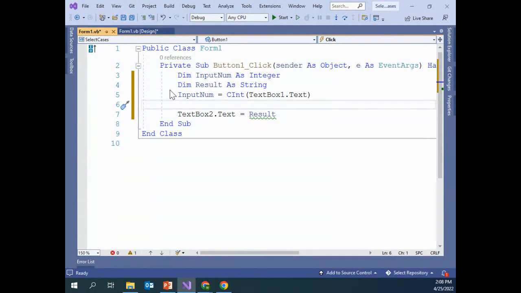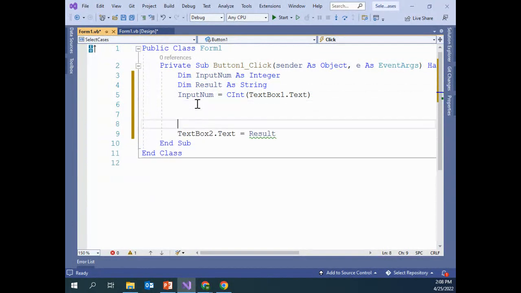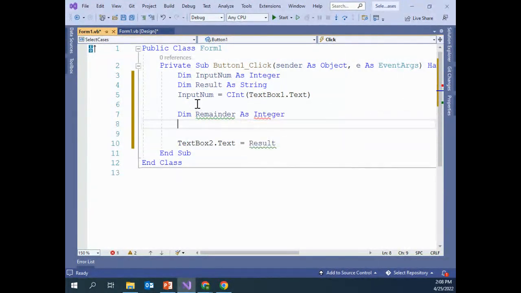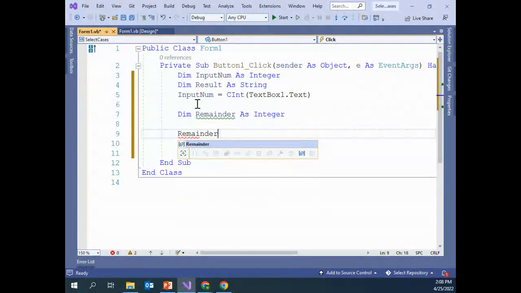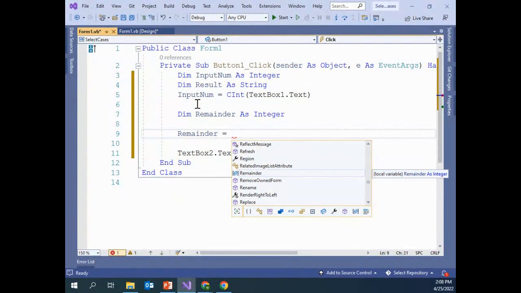So let's look at this. I am going to declare another variable, and I'm going to call it remainder, as integer. And I'm going to go remainder, and if it's green, it means I haven't actually used the variable yet. But now I've just said remainder is equal, so it goes, no more squiggly green, because you're using the variable. So the remainder is equal to